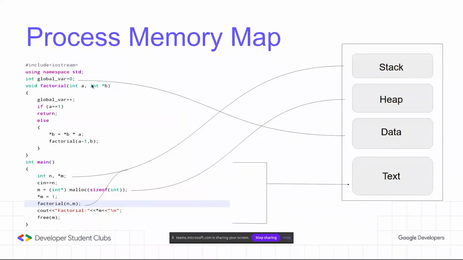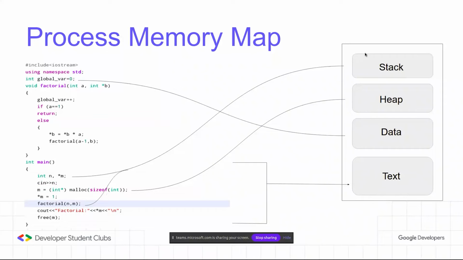This is another program, for calculating the factorial. This is the function for factorial calculation, and it consists of recursion. So let's go into the main function. There we have declared a normal variable n and then a pointer m. We take the input, and then here comes the dynamic allocation. We use the malloc function to dynamically allot memory to the variable m. m is actually a pointer. And then we call the function.